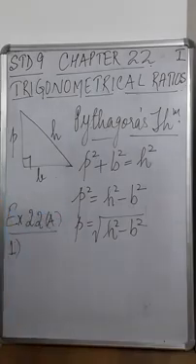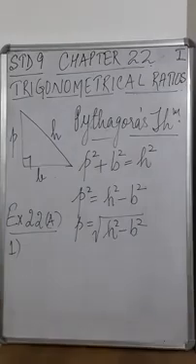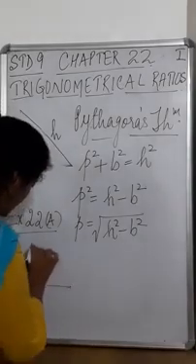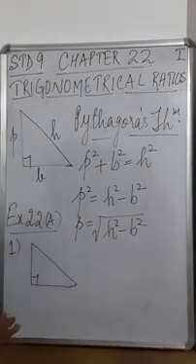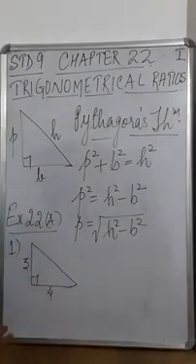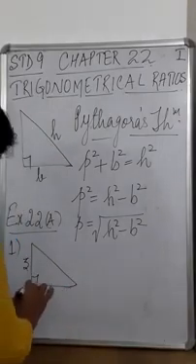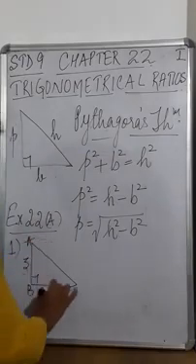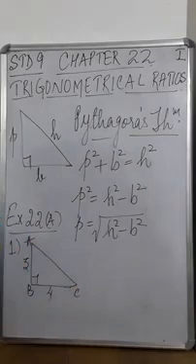Question number 1. Introductory part. Let us understand what the 6 trigonometrical ratios are. There is a right angle triangle given, and in this right angle triangle the two sides are 3 and 4, and the triangle is right angled at B. This is A and this is C. From this we have to find the values of